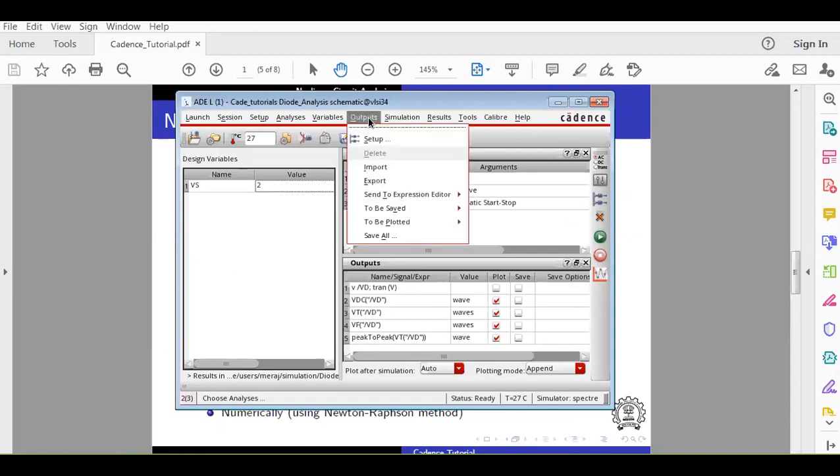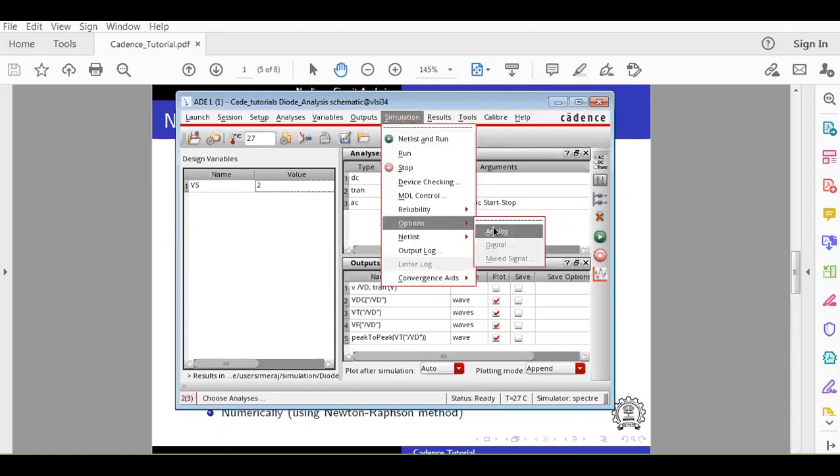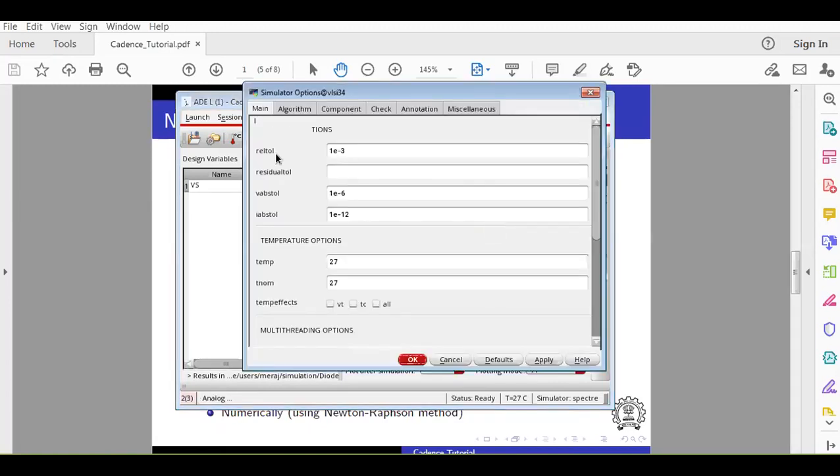So if you go to simulation, options, analog, these 3 important parameters are there: